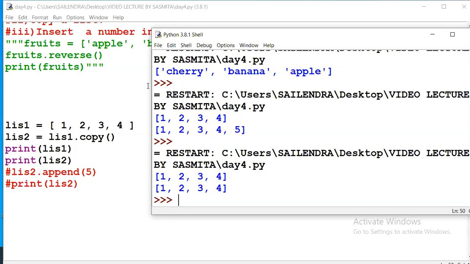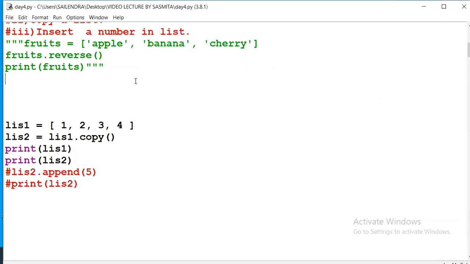Then what is the use of append? Append means we can update the value and we can add values. I wanted to add 5 in list 2.